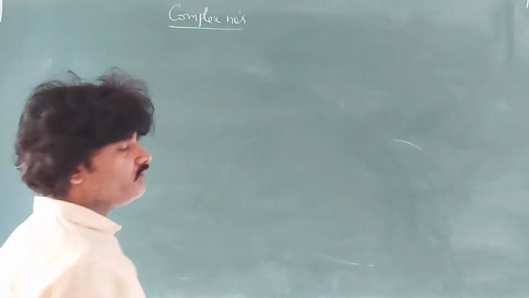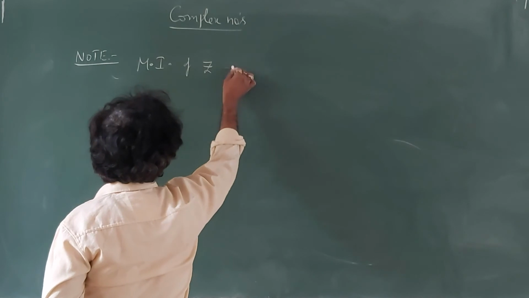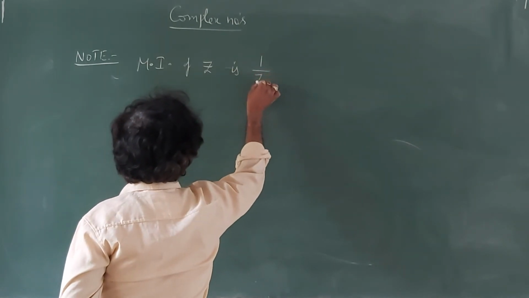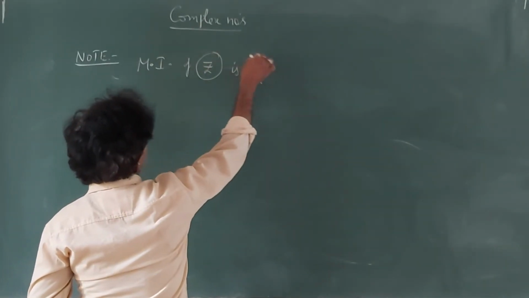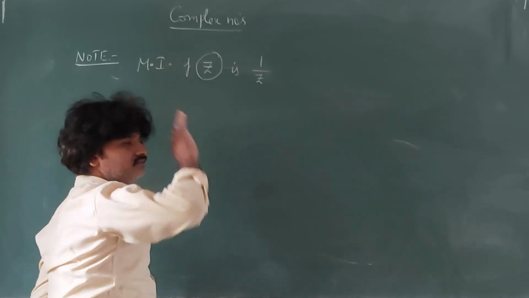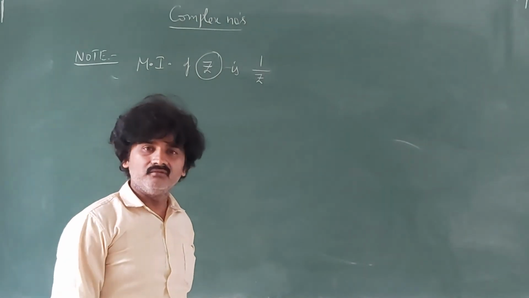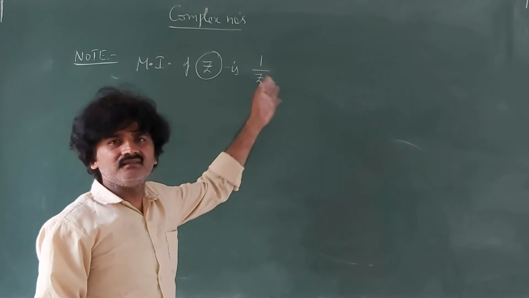The multiplicative inverse, right? This point you already got in the PU subjective, so please go through that subjective once. Multiplicative inverse, simply I am writing MI. The multiplicative inverse of a complex number Z is simply 1 by Z. Whatever be the complex number Z, its multiplicative inverse is its reciprocal. That's it, 1 by Z. If you want, later according to the question, simplify.